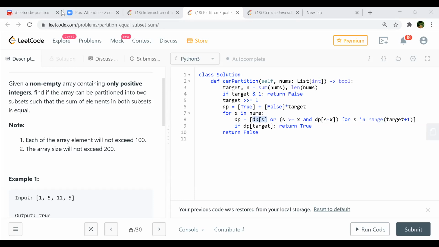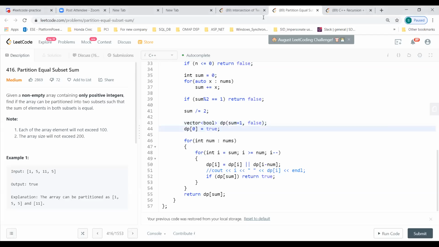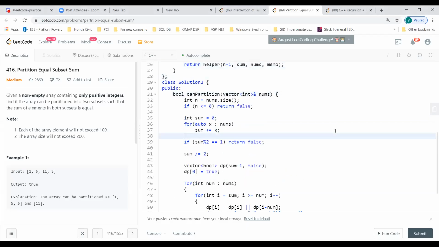Okay, so before you go to the next one, I'll quickly share mine also. It is almost similar to yours, but when you write in Python, I slightly get confused. So I'm just representing the same thing in C plus plus. It's nothing different. Here I'm doing the sum, and then checking for the odd value, and then dividing by 2 and forming the same array the way you did, with false. And then I have a base case for DP0 as true, and from there, because I'm using sum plus 1 as the DP size.